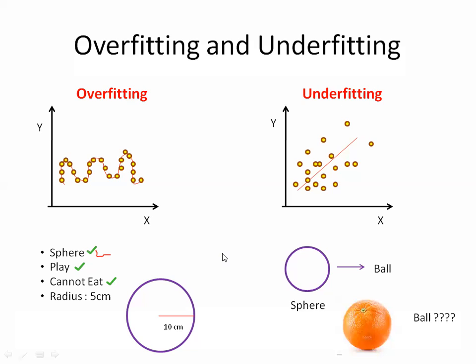Why is this the case of overfitting? Because specifically, much more attributes are defined, much more dimensions are defined, and every defined rule or attribute must be satisfied by the given object or by the testing data. So that's why this is a case of overfitting.